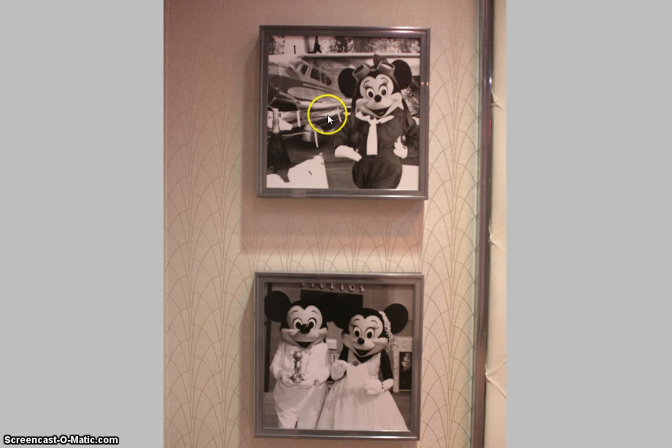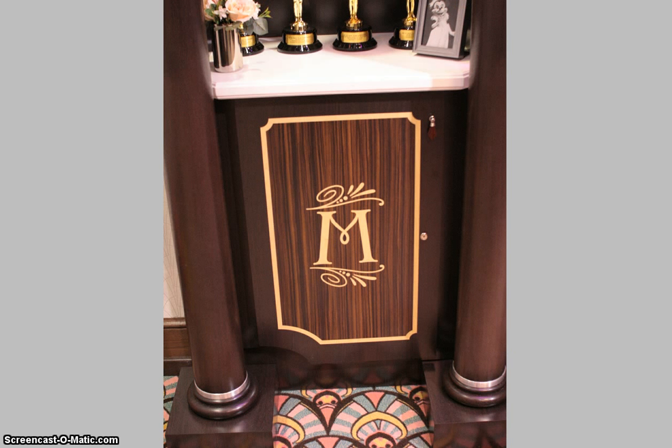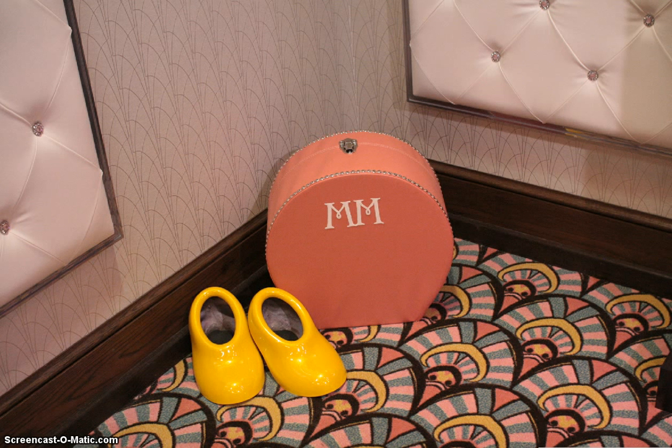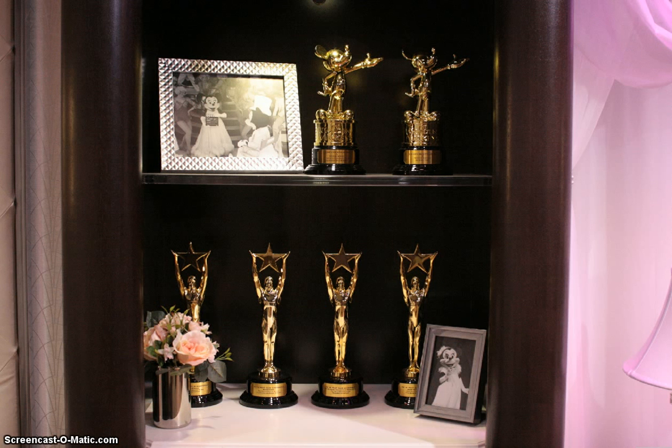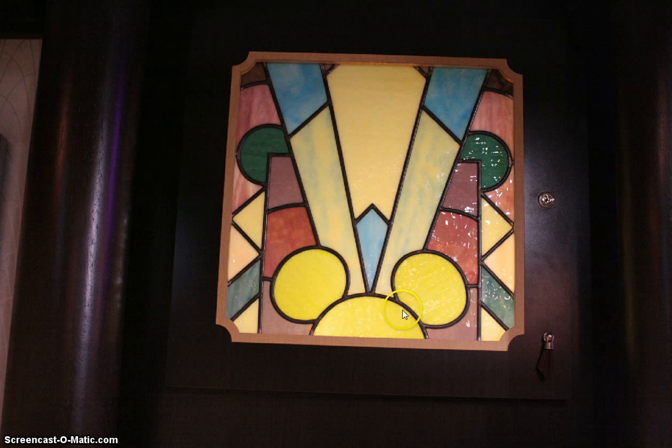So there's the Amelia Earhart kind of playing in the background. The Minnie Mouse is a part of there. And then a reference to the Golden Mickeys. Now the Golden Mickeys is an invented show for a word show that you will find on the Disney Cruise Line. And it turns out that some of Minnie Mouse's artifacts here in the room include Golden Mickeys themselves. So here's a Golden Mickey, in her case, for the Casablanca movie. Some hidden Mickeys within the room, courtesy of these